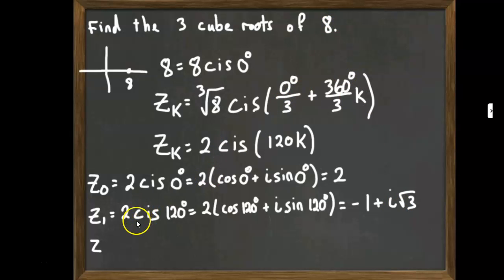And you can see it really easily in trig form. 2 to the third is 8. 120 times 3 is 360, just the same as 0. So it would be 8 CIS 0, which of course is just 8. So you can see it really easily in its polar form that if you cube it, you are going to get back to 8. But if you took this thing and algebraically multiplied it times itself 3 times, it will also be 8. And then z2, we just let k be 2, so it'll be